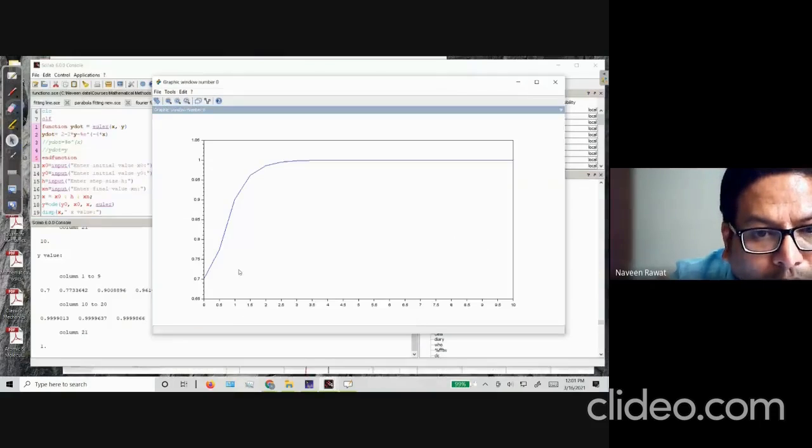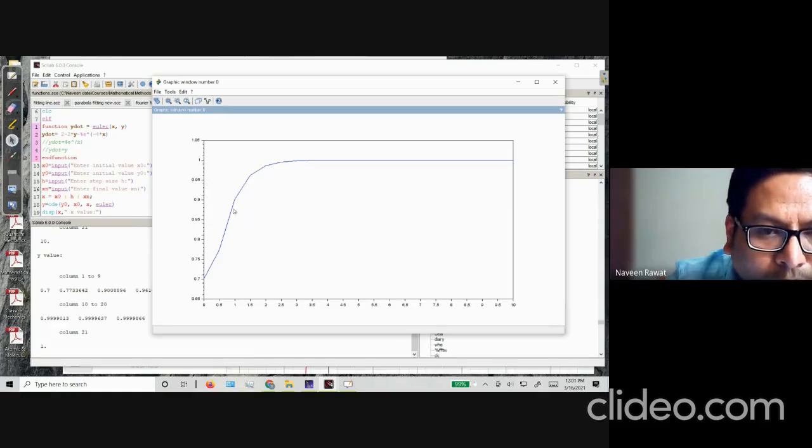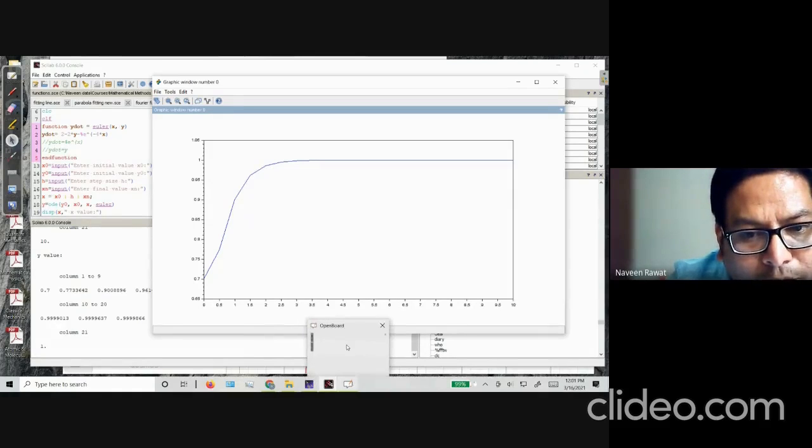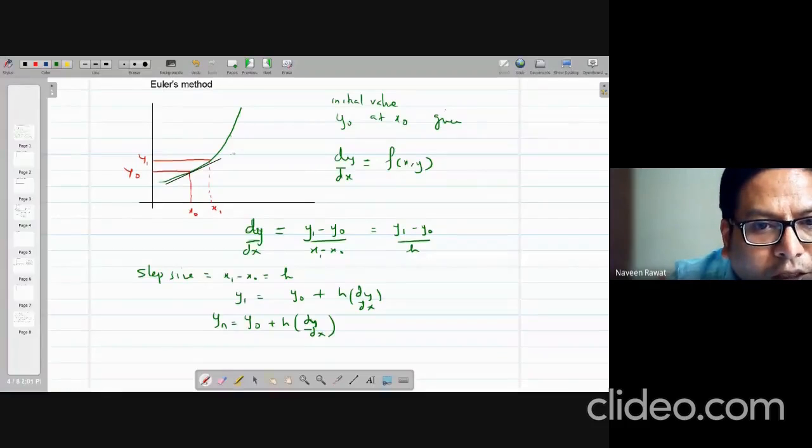You can see how abrupt it is. It is not a smooth function, because our step size is very large. And so now you don't get such a smooth profile, and that is understandable. Like I showed you before, if you increase the step size, then the error will increase, right? So all I did was I increased the step size.